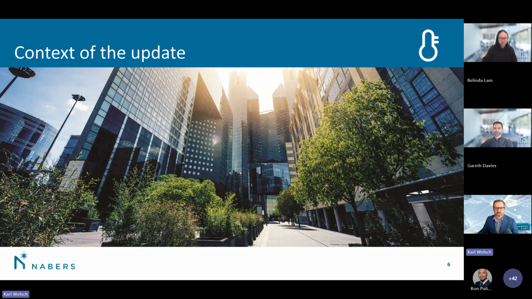tool making that transition. The Perform platform also gives us much better connectivity to the rating engines, allowing integration with our online calculators, and more recently, the NABERS API. So if you'd like to find out more about the API and how it can help you access NABERS data, please get in touch with myself directly.